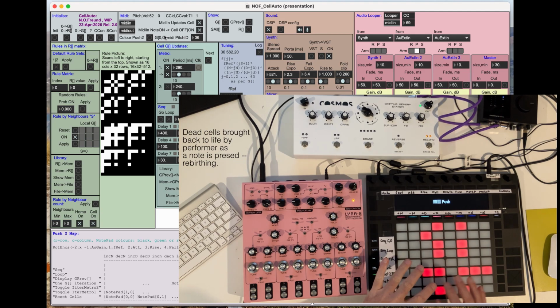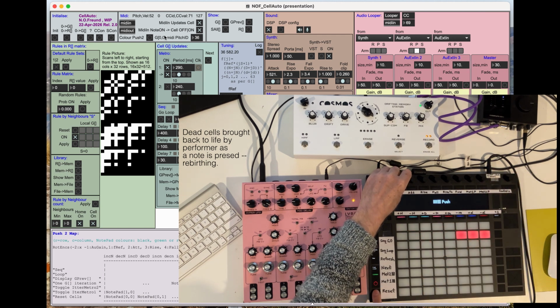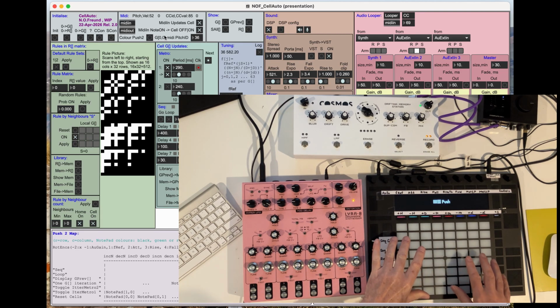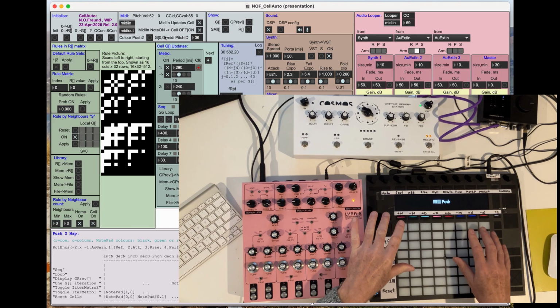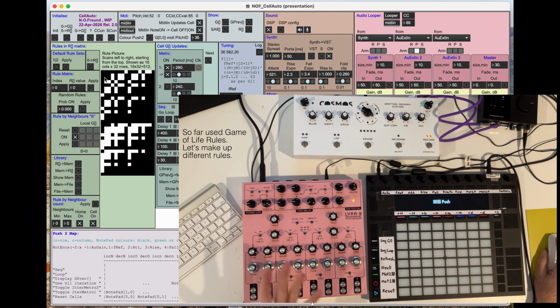Okay, so by now you have an idea of the game of life, basic controls. Let's have a look at the cellular automata rules themselves. So they are shown here pictorially as a series of on-offs. We've got, for